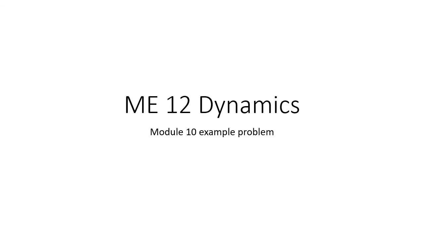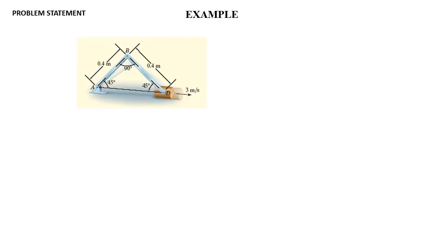Let's take a look at an example problem for Module 10 for the ME12 Dynamics course. In this example problem, we can see we have a given diagram, a pivot point here at A,